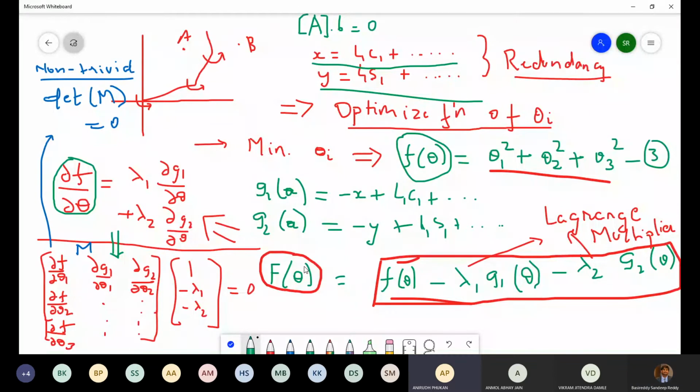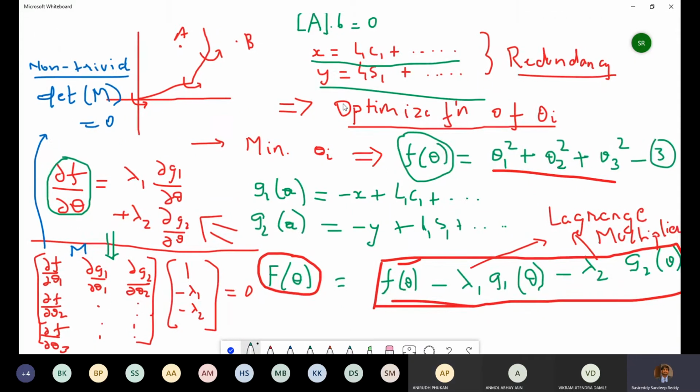Sorry? We are trying to solve for the thetas, right? Yes, yes. And using this method, will we be able to get lambda 1 and lambda 2, or exactly what are they, like arbitrary? They are Lagrange multipliers. They are what we have to calculate. In this equation is to calculate lambda 1 and lambda 2. In the process of calculating what is lambda 1 and lambda 2, we are finding that the determinant of this matrix has to be 0, which means that we'll get some expression.